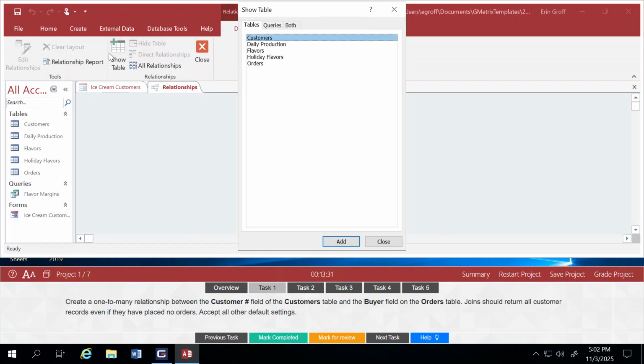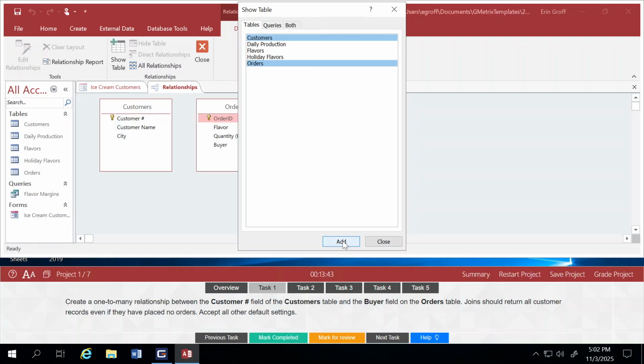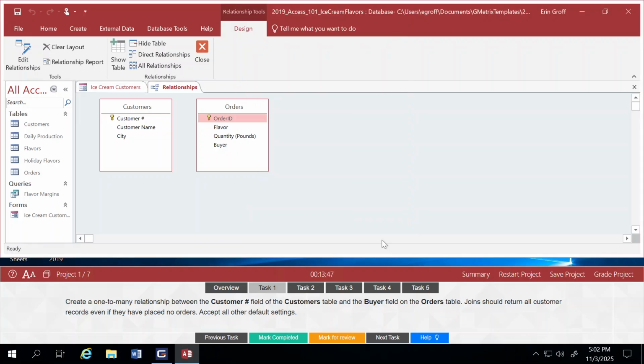This opens up our show table window. We're going to select customers. You're going to hold down your control key and select orders as well. We're going to add them to our relationship window, and we can close out of this box. Then we're going to go up to our design tab,